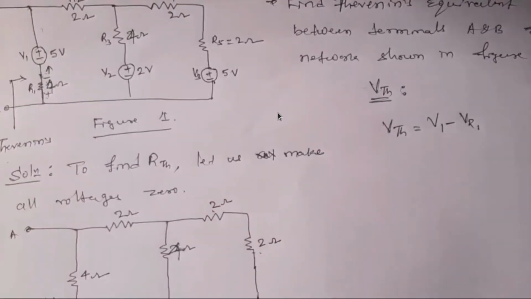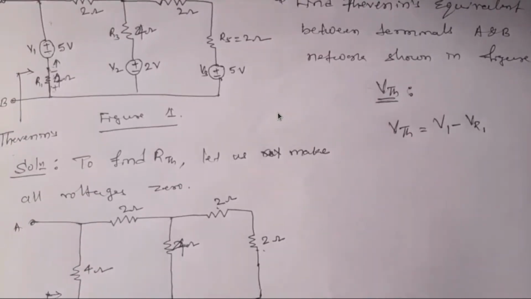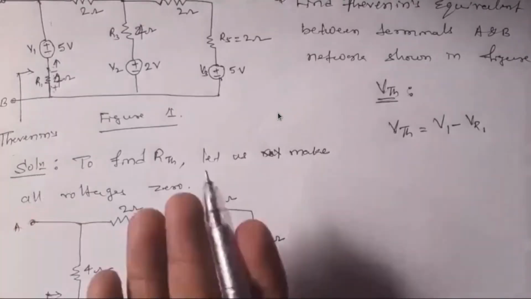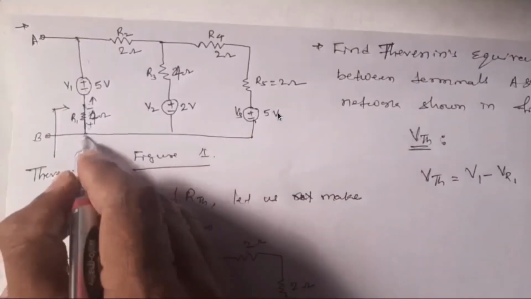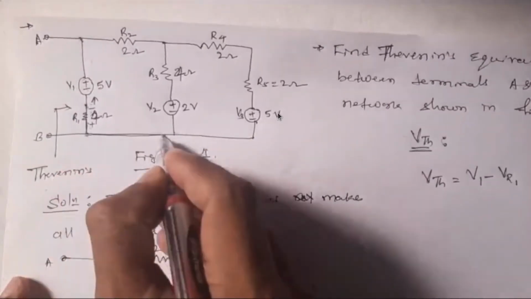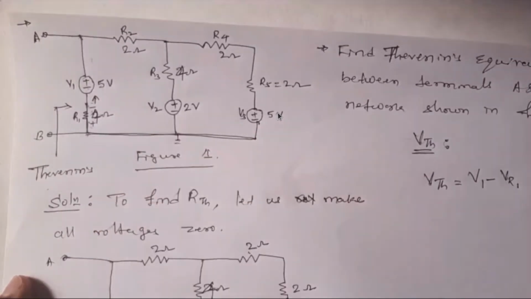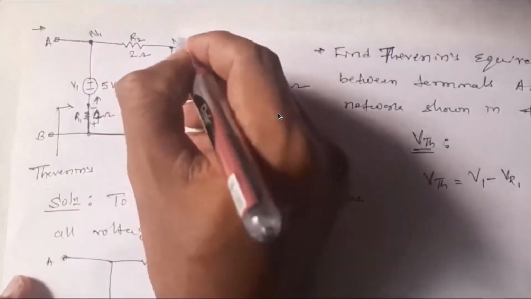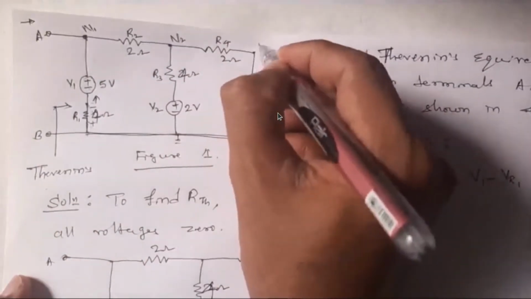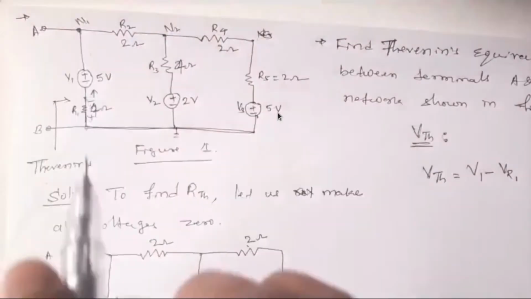So to find VR1, there are so many ways. You can use node analysis or you can use mesh analysis. Using that, you can find VR1. Even, for example, look at this. If you consider this total node, it is a reference node. One node you can consider. And here there is one more node, say N1. This is N2. This is N3. Otherwise, you can consider only two nodes, N1 and N2. You may neglect this node.